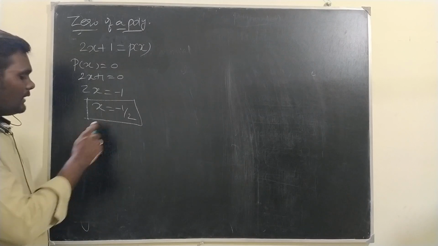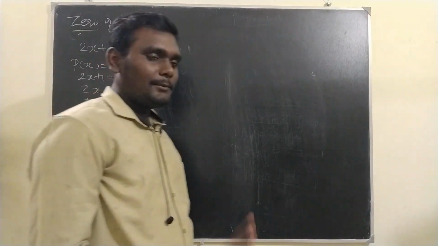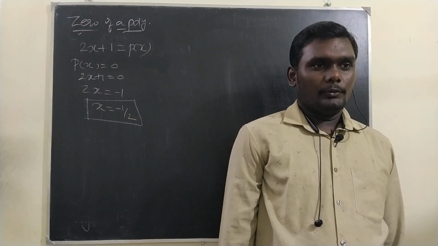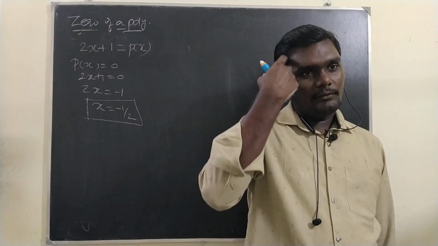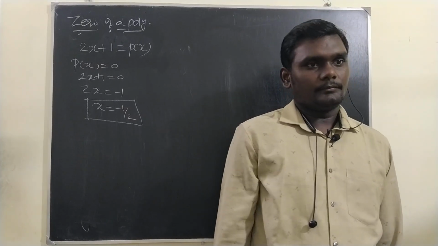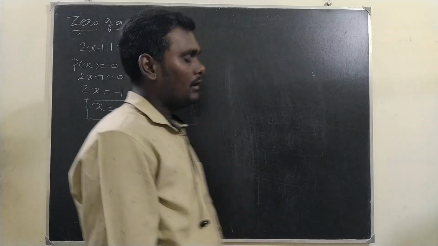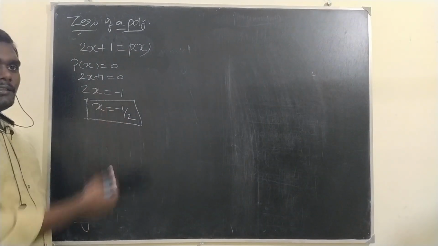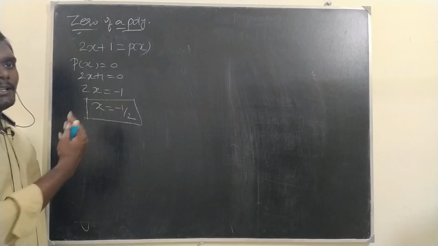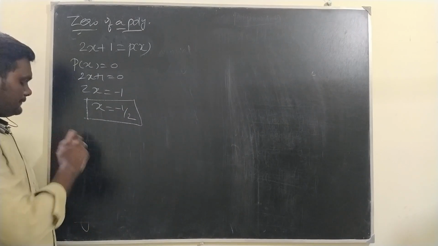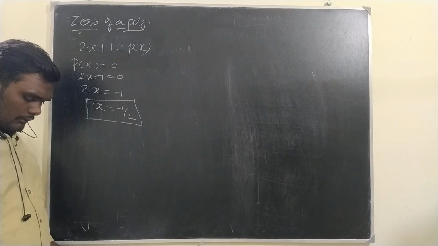The number of zeros of a polynomial is as many as their degree. If the degree is 2, the polynomial can have at most 2 zeros. At most. 3 means at most 3 zeros it may have. Got it? Likewise, we can find the zero of the polynomial. So when it is linear, this would be easy. Suppose when it is quadratic, quadratic means